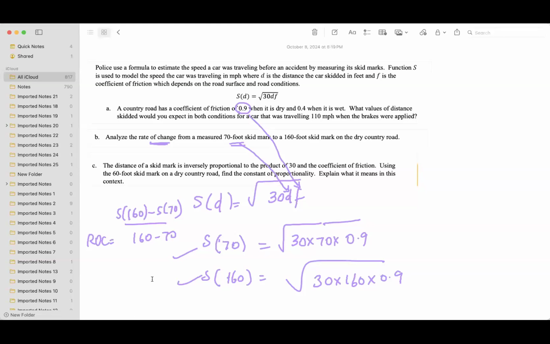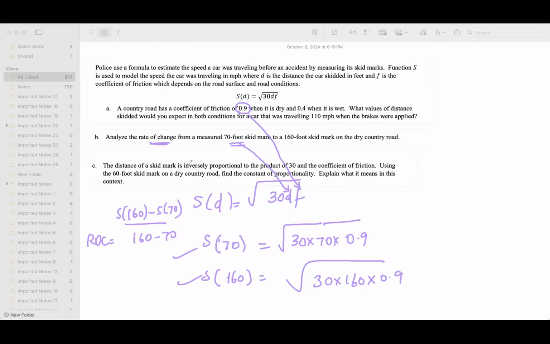Why am I not able to? Okay, I am seeing the board. Good. Okay, now let's go ahead and try this one. The distance of the skid mark,